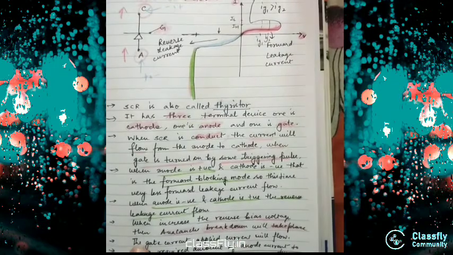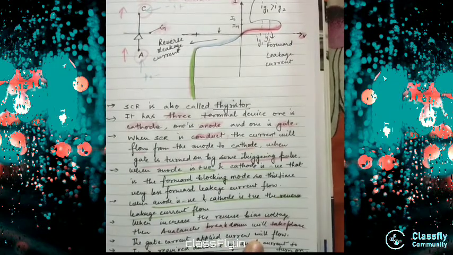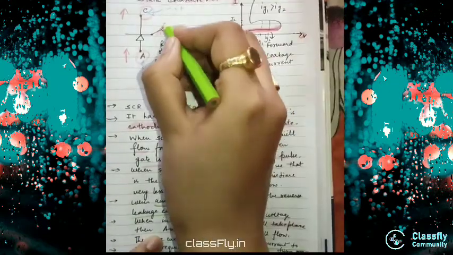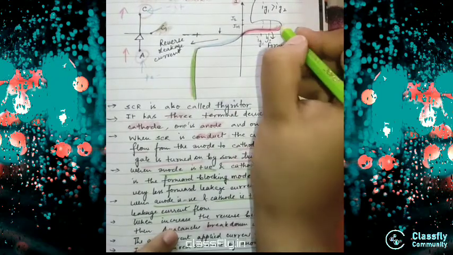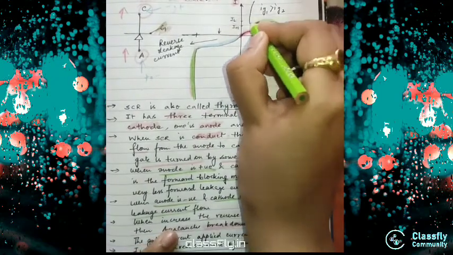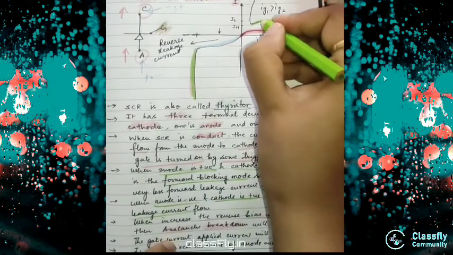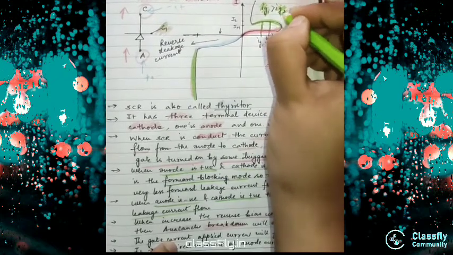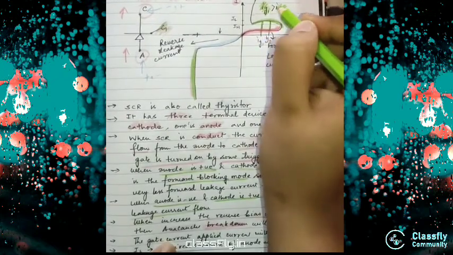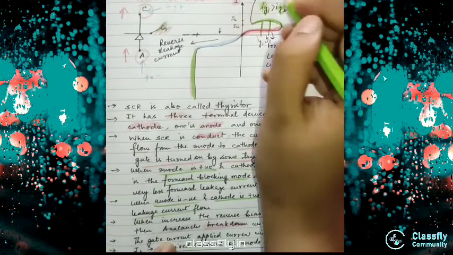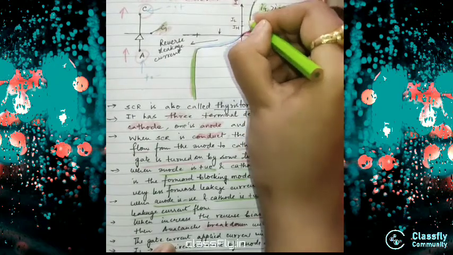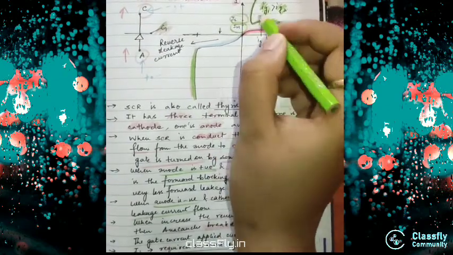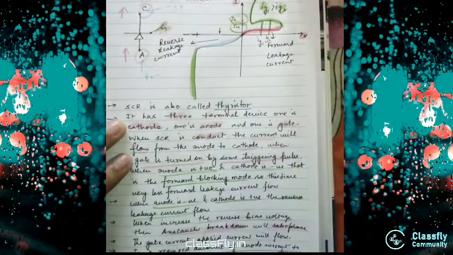Okay, now see, the gate current is applied and the current will flow. That means from here we apply this gate current, that is the triggering level. So at this point the current will start flowing, and there are two gate currents, one is your Ig1, another is your Ig2. Whenever your Ig1 is greater than your Ig2, at that point it flows to the maximum level. And here there are two points which are occurring, that is one is IL and one is IH.